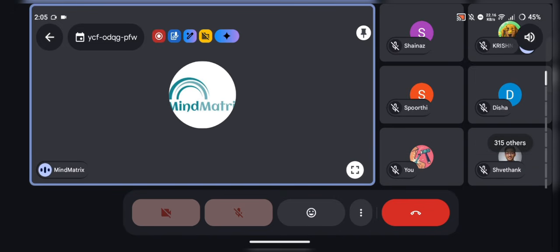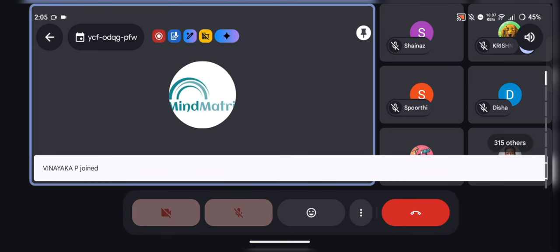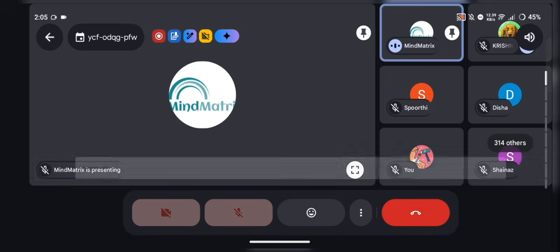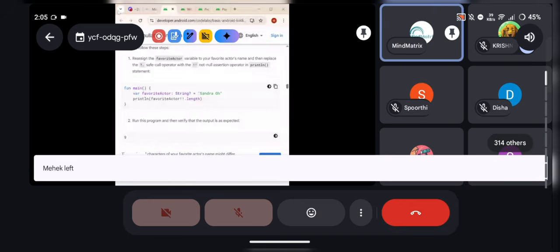I will share my screen. In the code lab, they are giving some examples for the not-null assertions. I can check that one.